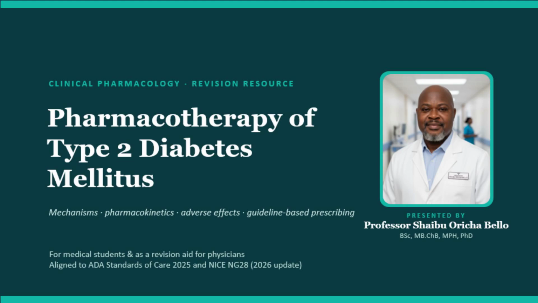Today we're tackling one of the most high-yield topics in all of medicine: the drugs we use to treat type 2 diabetes. Whether you're a student cramming for exams or a doctor who wants a fast, clean refresher, this is your one-stop tour. We'll go mechanism by mechanism, class by class, all the way through the ADA 2025 and NICE